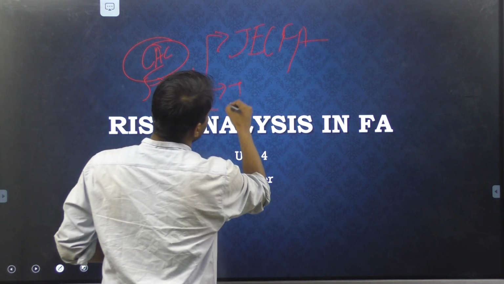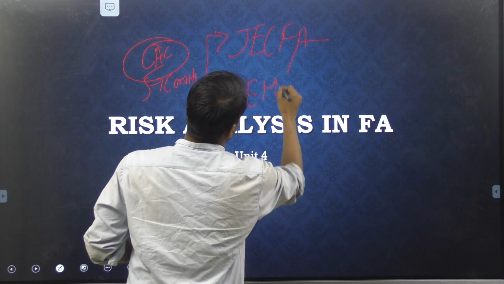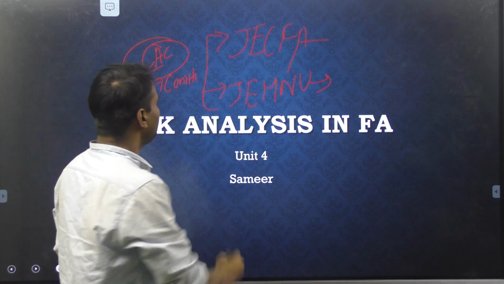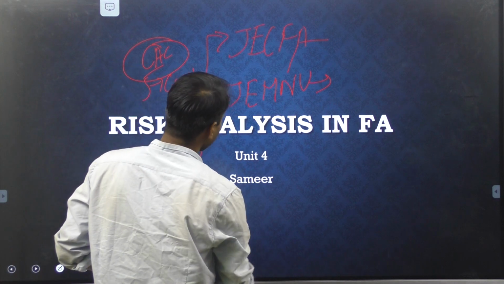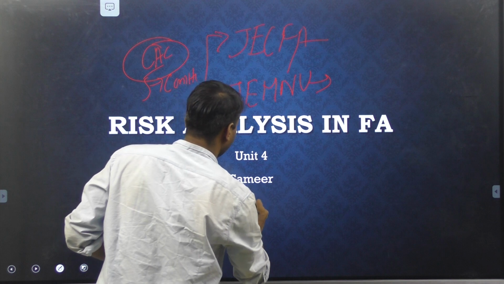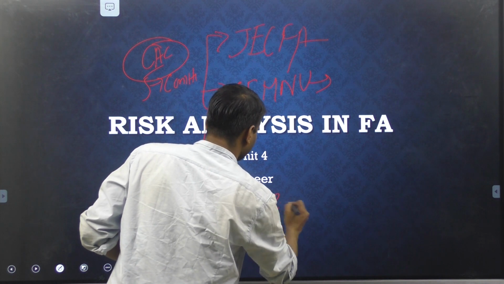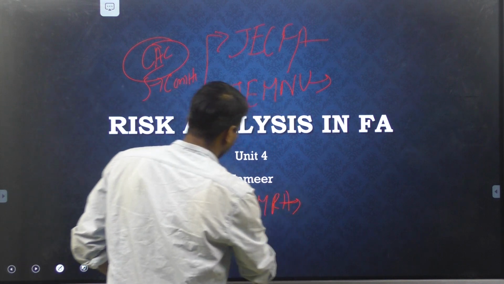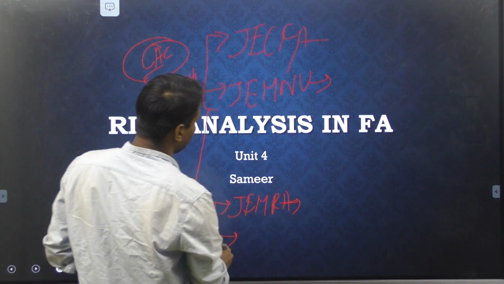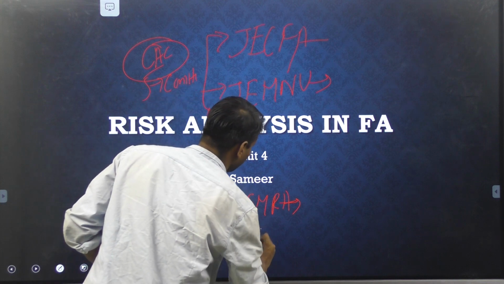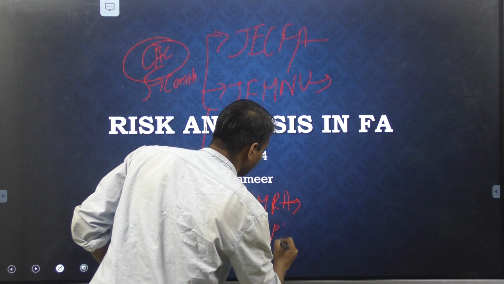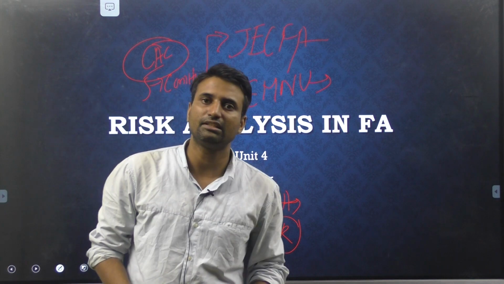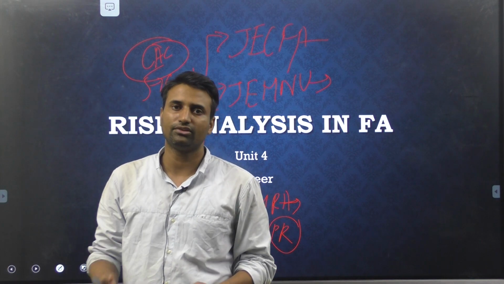Then there is JEMNU, the Joint Expert Meeting on Nutrition. Then there is JEMRA, the Joint Expert Meeting on Risk Analysis. Okay, and there is also one for the pesticide residue. So these are the expert committees of the Codex Alimentarius Commission, and we will